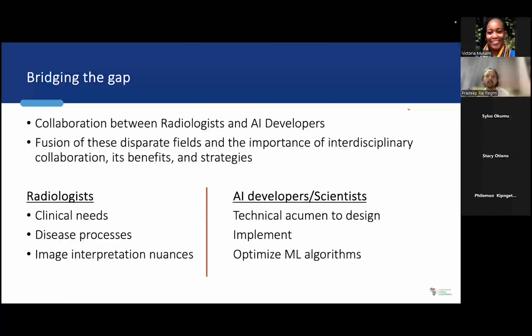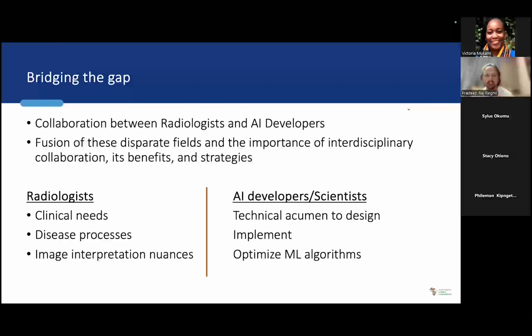And another, there must be bridging the gap between the radiologists or obstetrician clinicians in obstetric ultrasound with the AI developers and scientists. Both should be within one frame, sitting at one table, so that the AI developers can know the clinical needs, disease processes, image interpretation nuances, and then optimize the machine learning algorithm in their AI model, so that the AI model can be fruitful. There can be fusion of these fields, so that finally